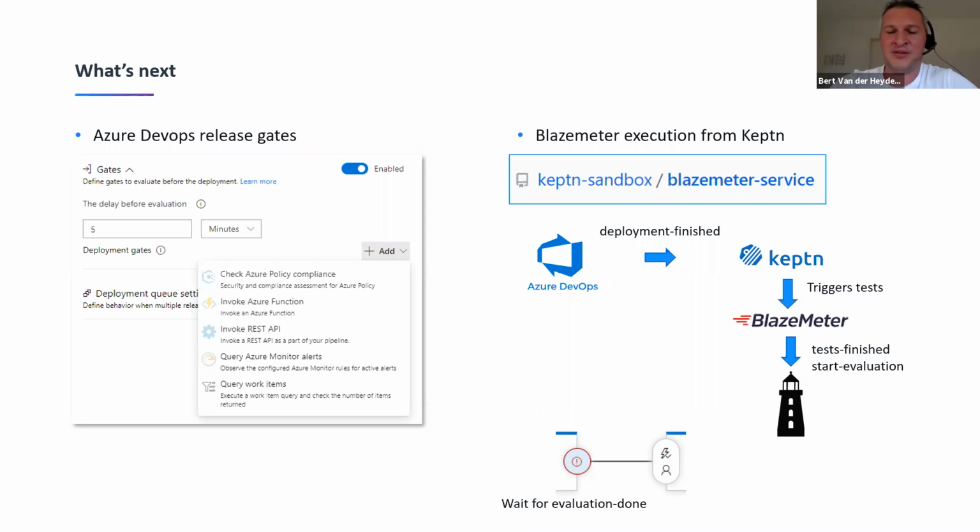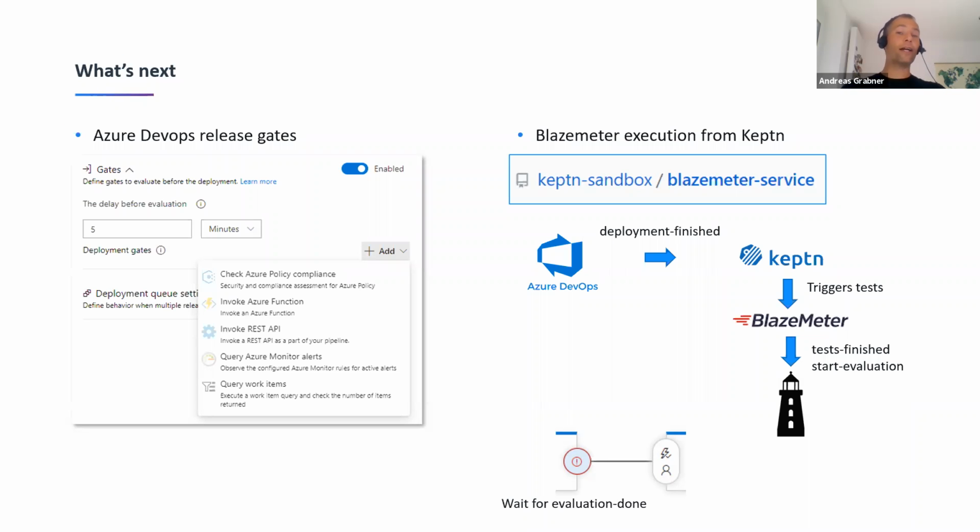So the idea is that BlazeMeter is also triggered from within Keptn itself, so that from Azure DevOps we can just say, okay, deployment finished event done, and Keptn is responsible for triggering the tests, sending the stuff to BlazeMeter, and then afterwards doing the evaluation, so that we have a quality gate. This is how it's done in the pipeline itself. So yeah, in the discussion we had yesterday, it opened my eyes,